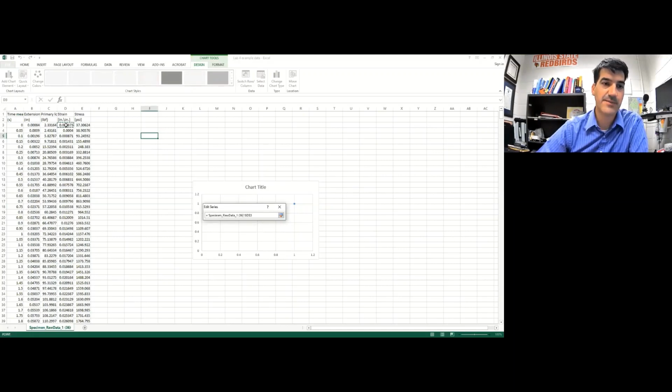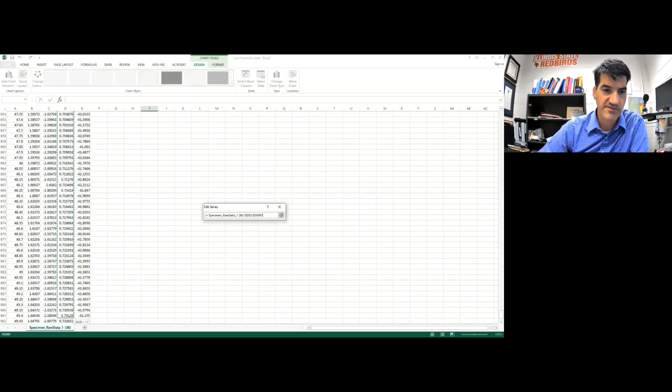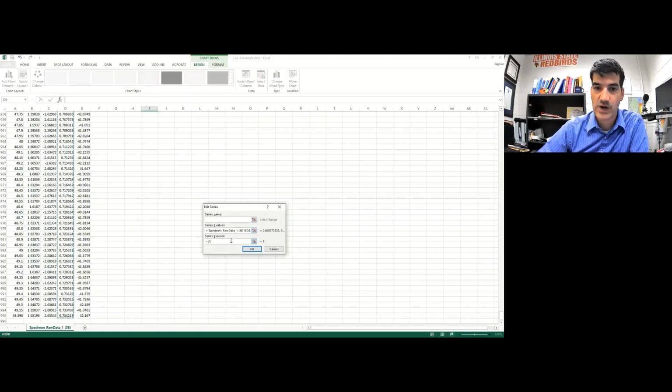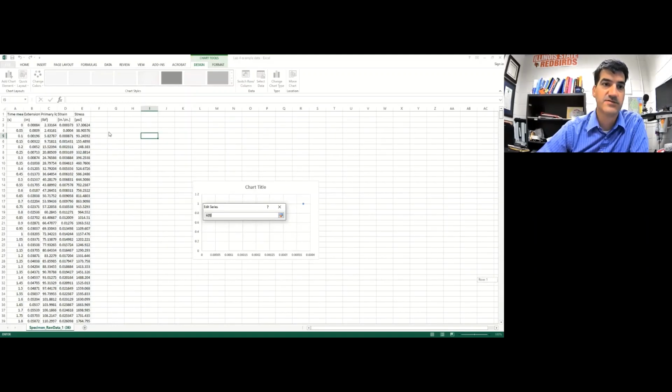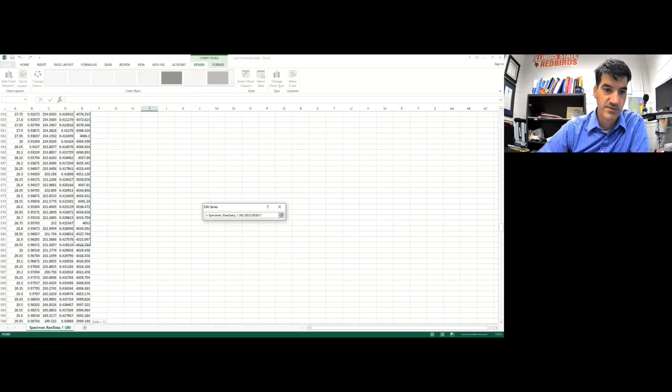So I'm clicking there, and then I'm going to drag all the way down here. I don't know that there's a shortcut for this, so you just got to drag all the way down. Didn't take that long. There's our strain values, and our Y values are our dependent values, and that is going to be our stress value. So I'm going to click here and then bring it all the way down,